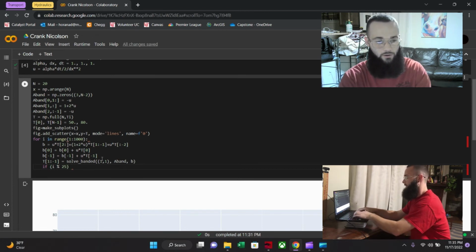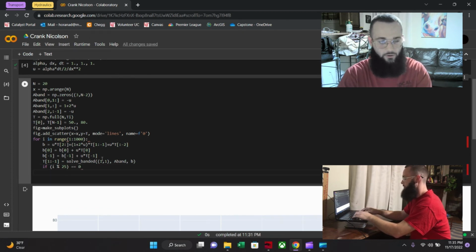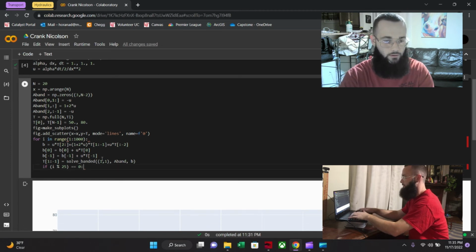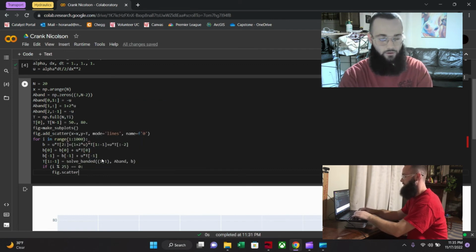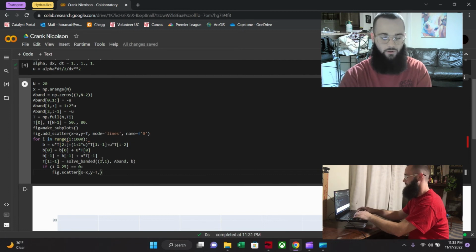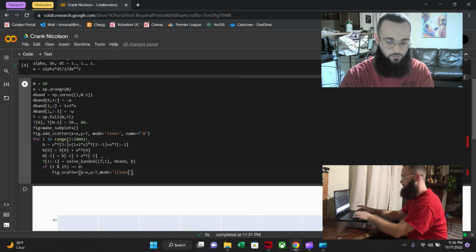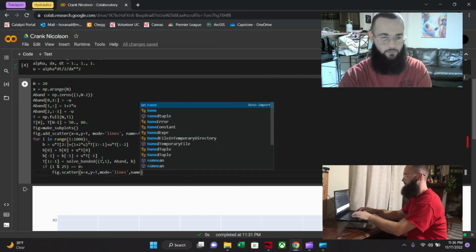We're going to say if the remainder of I divided by 25 equals 0, then we're going to add to our scatter plot, where x is still going to be equal to x because those values don't change, and y is going to be equal to the t values that will consistently update as this loop is run. And we're going to keep the same mode of lines, and we're going to name it